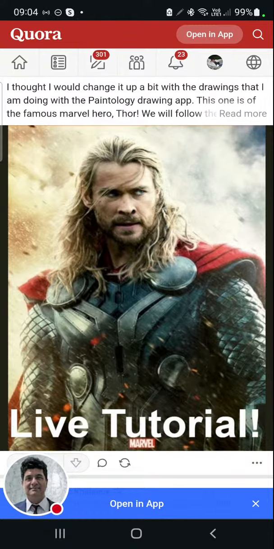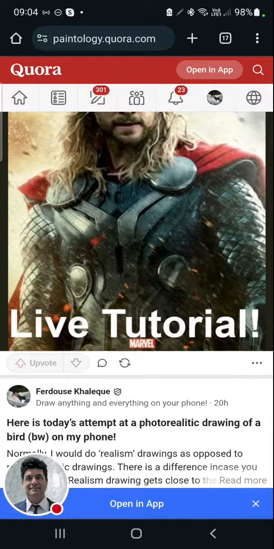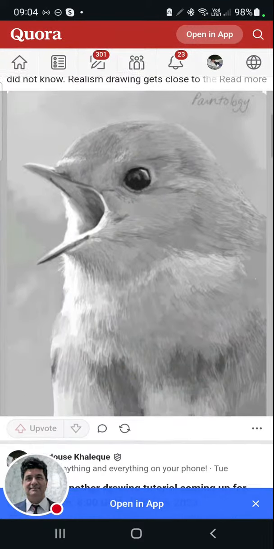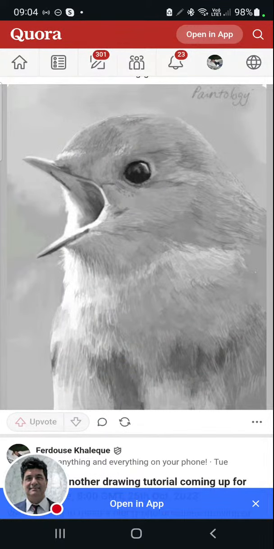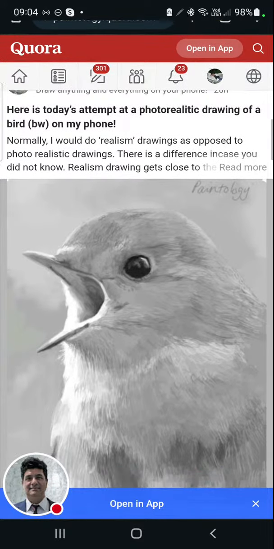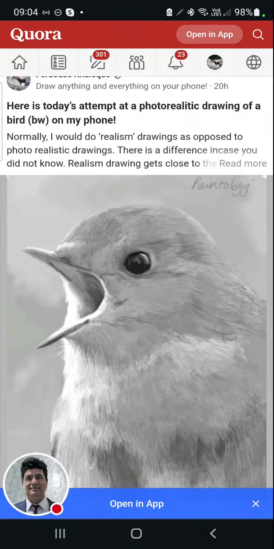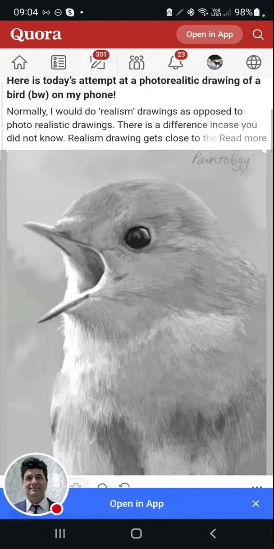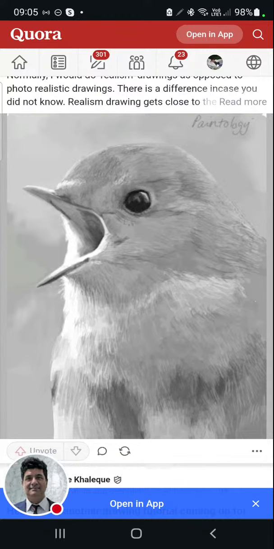This is the drawing we're going to make today, and I've already posted it for people to get. This is the actual photorealistic drawing I attempted yesterday on the phone, so you can see what the app is capable of. It's not really the app. It's really the skill sets that you learn from the app that allow you to do this. So if you can draw like this,